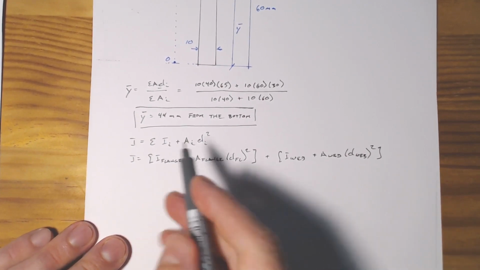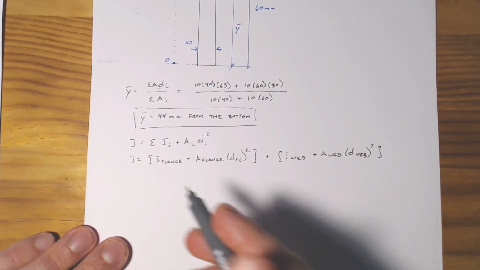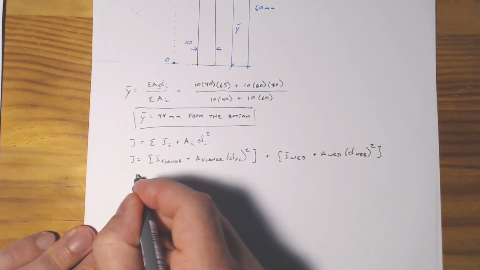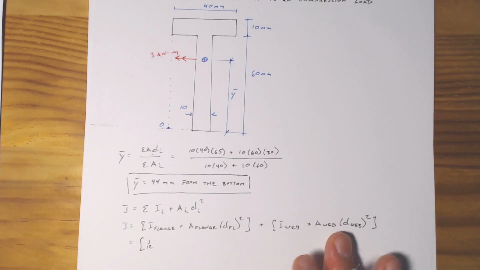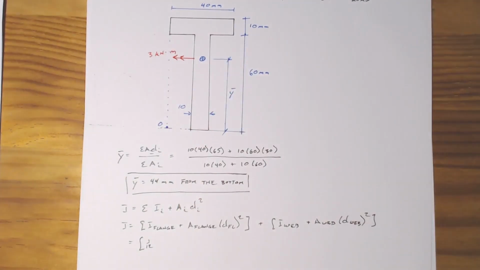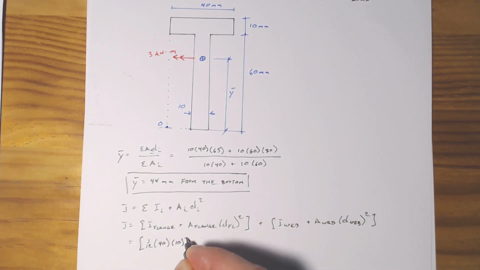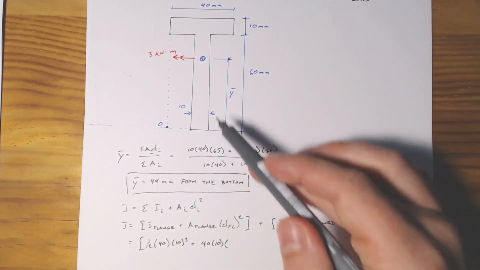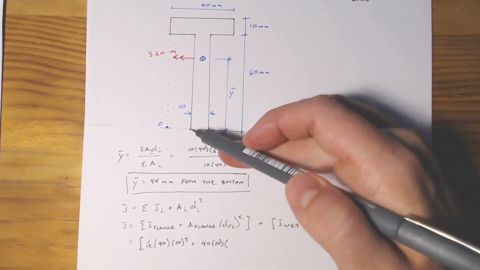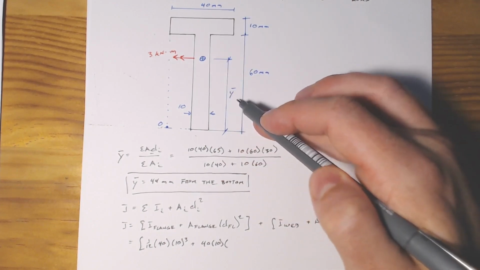All right, well, we've got kind of everything laid out here. Let's just go through and work through some numbers. So the moment of inertia of the flange is going to be 1 over 12 times the base of 40 times the height cubed of 10, so it's going to be 40 times 10 to the third, plus the area of the flange, which is 40 times 10. And then the distance, well, we know that its centroid is located 65 up from O, and the whole y